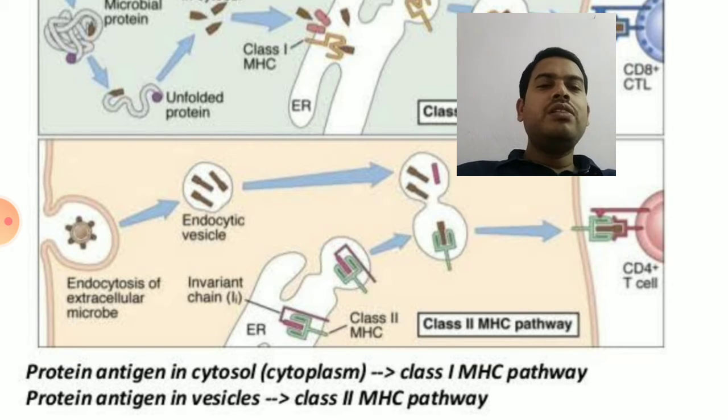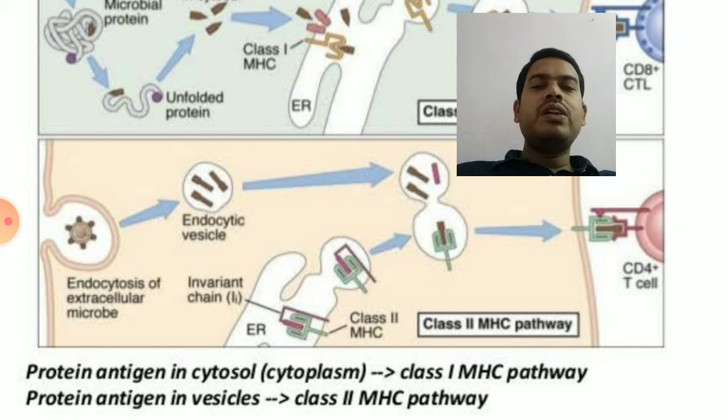So class 2 MHC molecules are present on the antigen presenting cells. Antigen presenting cells will engulf the foreign particles by phagocytosis. After engulfing the exogenous antigen by the endocytic pathway, they will process the antigen. So remember, both class 1 and class 2 MHC molecules are synthesized and will be ready in the endoplasmic reticulum. Whenever these peptidic antigens bind to them, they will detach from the endoplasmic reticulum and are transported onto the transmembrane region where they will present the antigen to T cells.